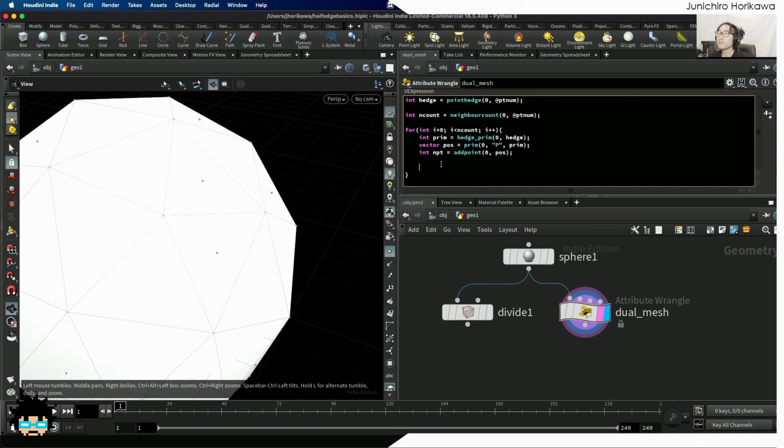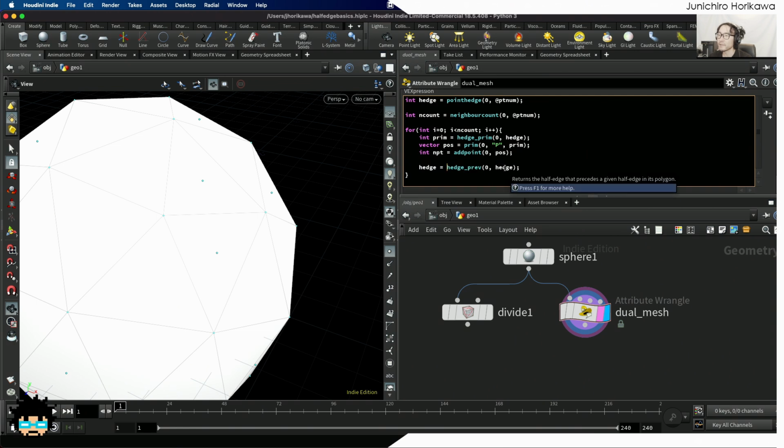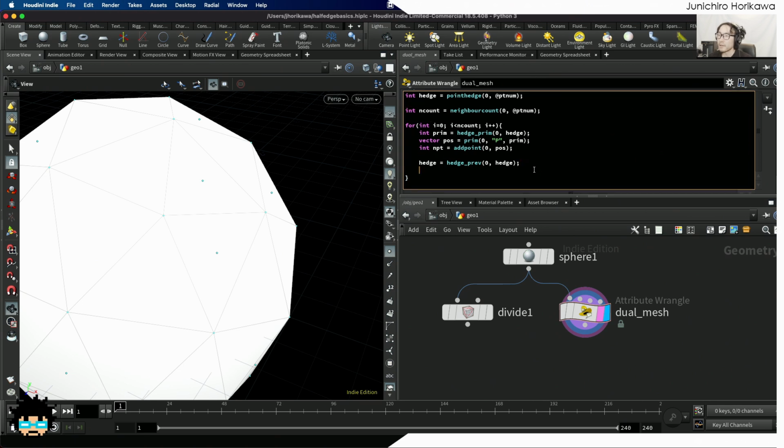So in order to do that, we can use the function called h-edge prev. And I'm overriding the h-edge using the same half edge previous function because we're going to use this updated edge for the next iteration. Okay. And now that we have retrieved the half edge for this edge going from this point to this point,